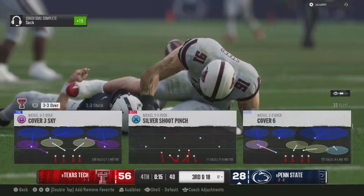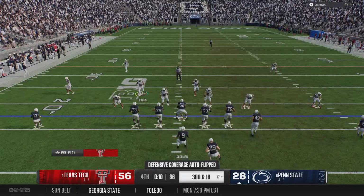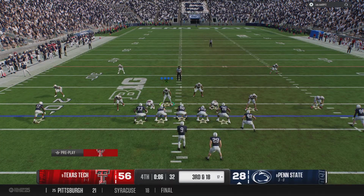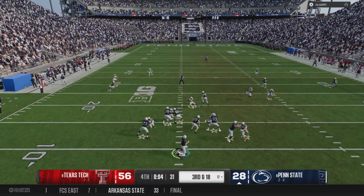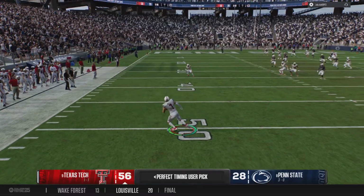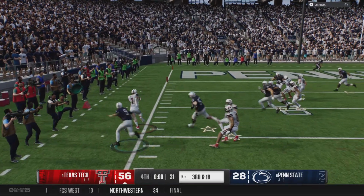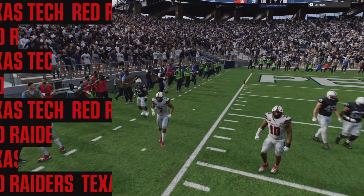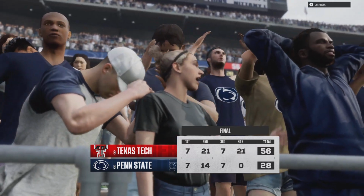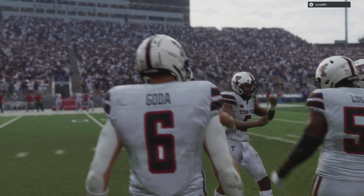Oh, he's going backwards, in trouble, and down he goes. A tremendous loss. Not exactly the ideal situation for this offense. 3rd and long, backed up inside their 20. He's going up top here late in the game. And here's the 5th interception by this quarterback. Smashes through. He'll go out of bounds, but he gets the ball back, takes it the other way, and he has created a great sudden change opportunity. This is what an elite team